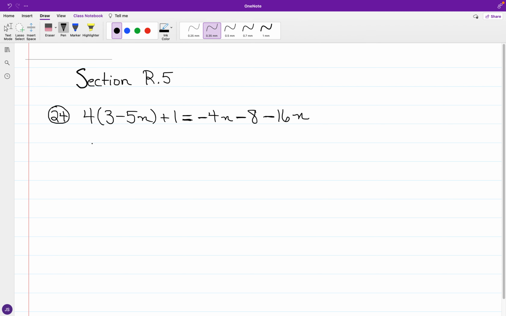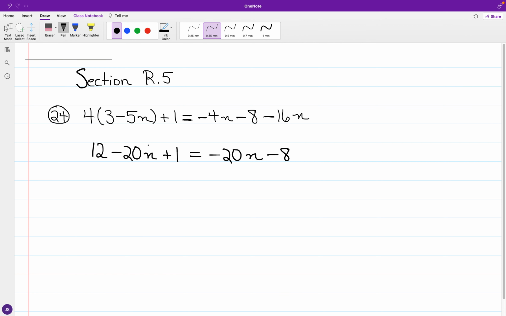variable n. On the left hand side, I can distribute 4 over the quantity of 3 minus 5n, so this is going to be 12 minus 20n followed by the additional 1, and we have to the right, negative 4n and negative 16n can be combined. And here we have negative 4 and negative 16 will be negative 20. So the combination of these terms, we have minus 20n